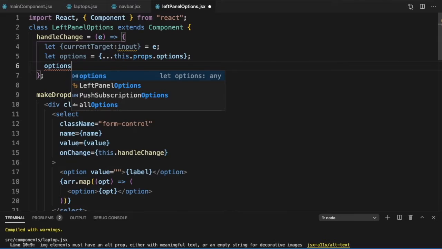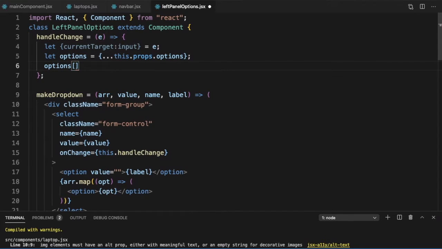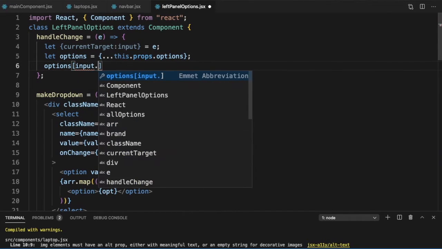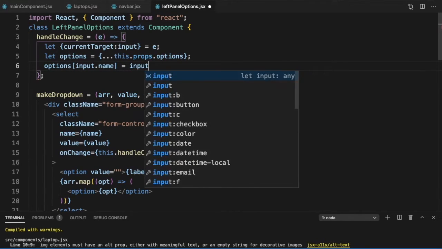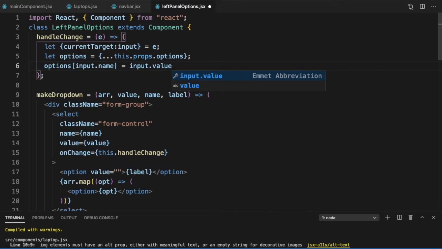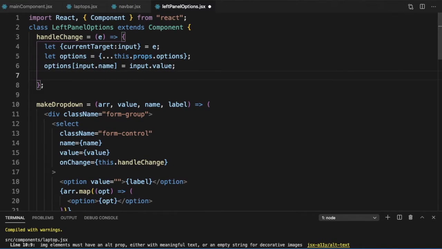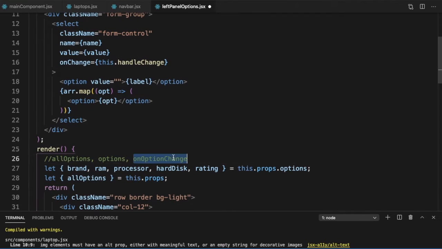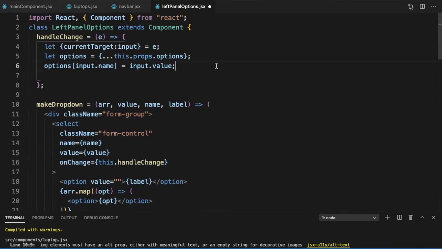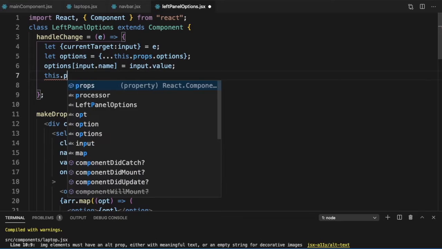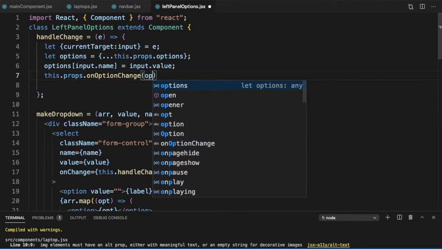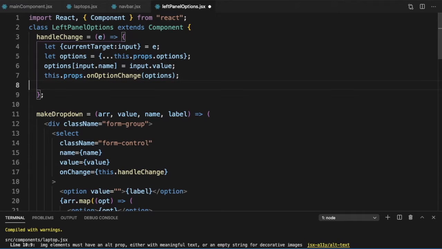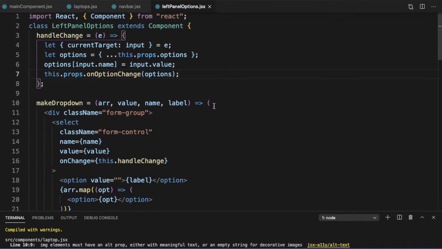So options input dot name is equal to input dot value. So we will update the options, and then we just need to call the function. Which function should we call? On option change. So we can just call this dot props dot on option change and pass it the options. So this should work fine for us.